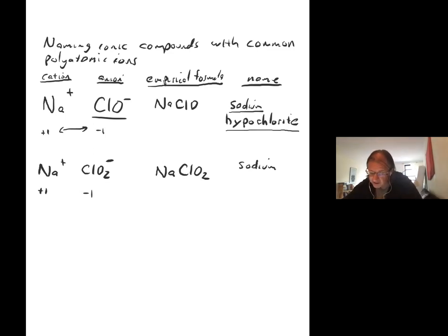The polyatomic ion, what's that one? Well, that was, again, in that same series. ClO minus was hypochlorite. ClO2 minus was chlorite. So this one's called chlorite. Okay, name the element, the metal, the cation, if you want to call it that, and then name the polyatomic ion. And then the last one here is Na plus